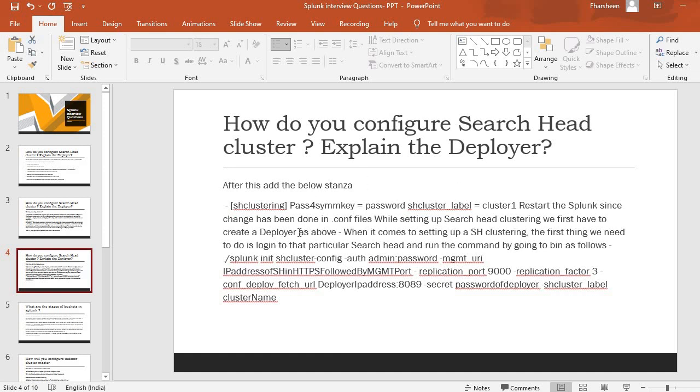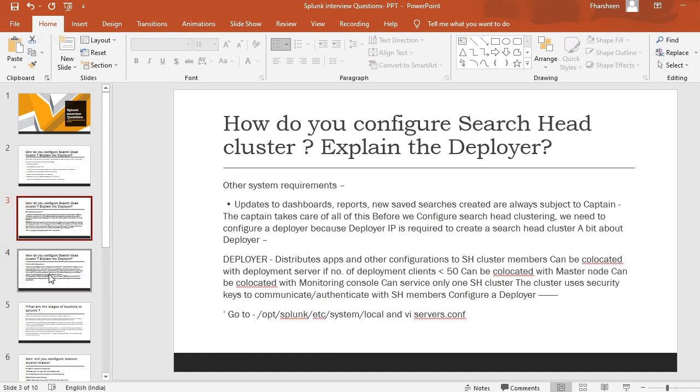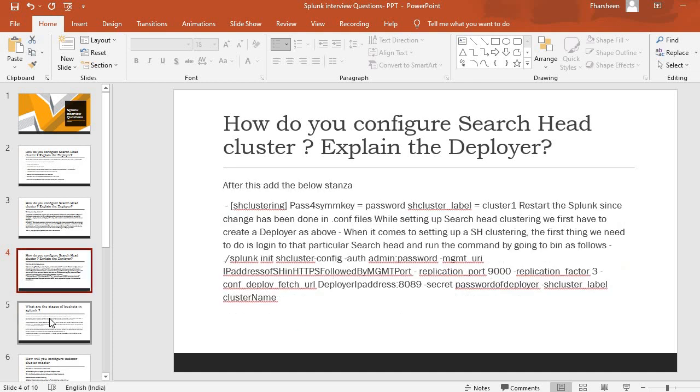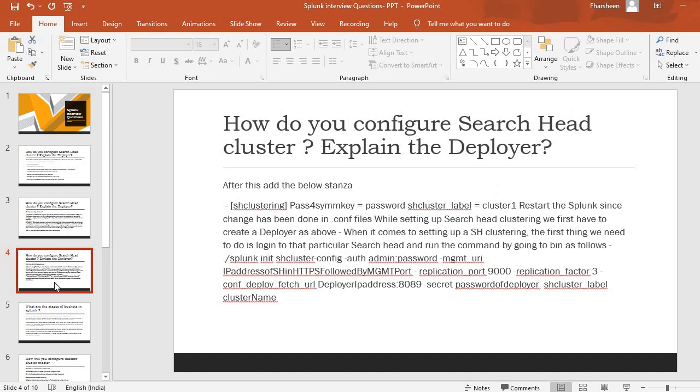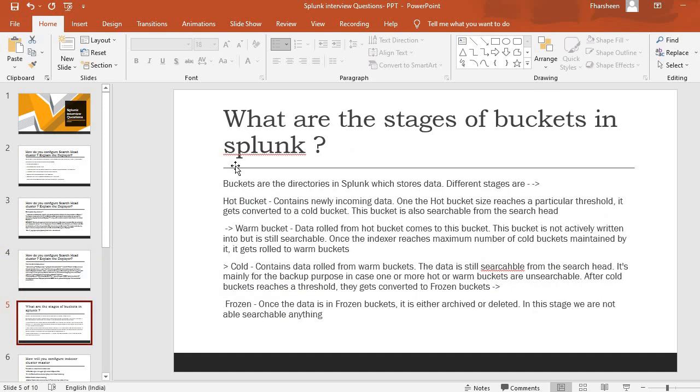You need to explain every step one after the other when this question is asked, because this question expects a more detailed answer, as it is scenario based. Alright, now let's move to the next question.